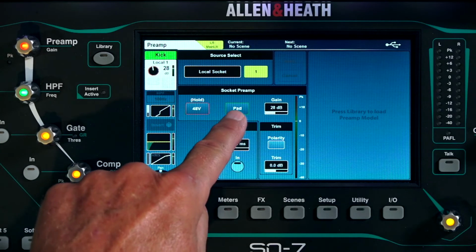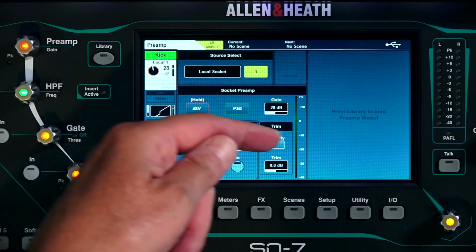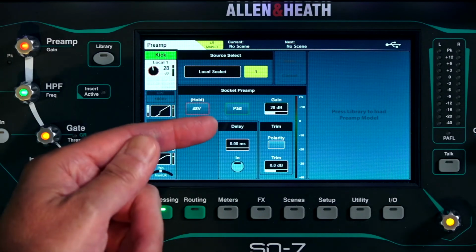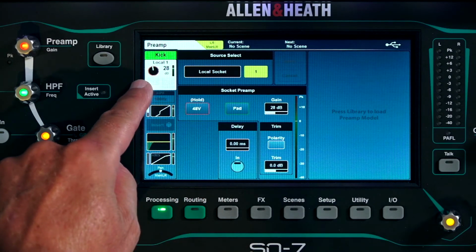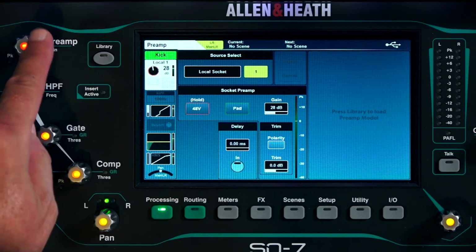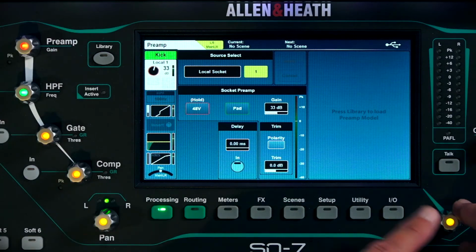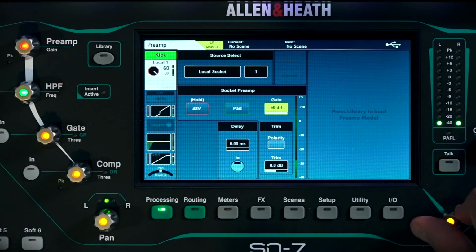Over here, the pad, we have a 20 dB pad. If your input is too hot and it's clipping over here, even with the gain turned all the way down over here. So as we saw, the dedicated mic preamp setting here, you can either do it from here, or if this is selected, you can do that with this guy right here. So let's